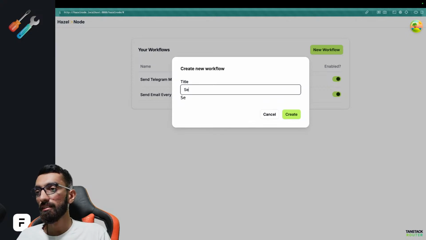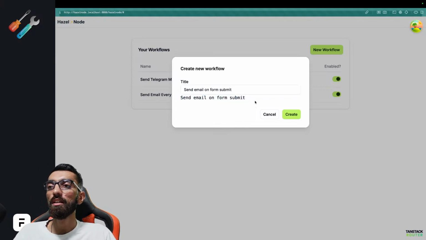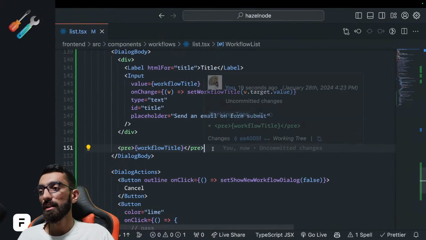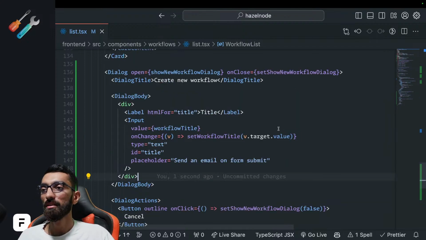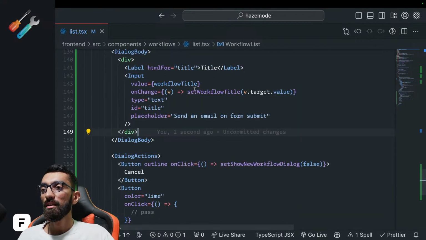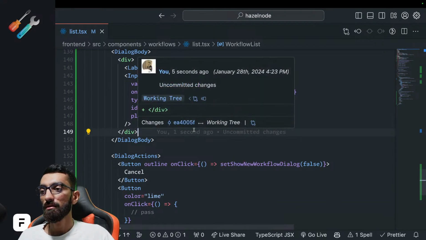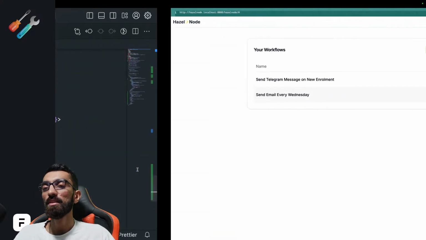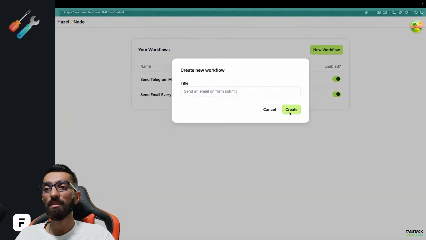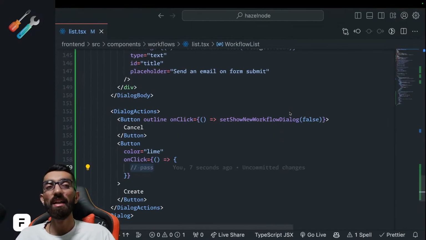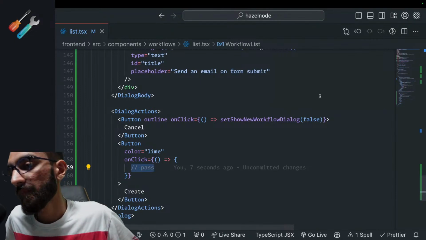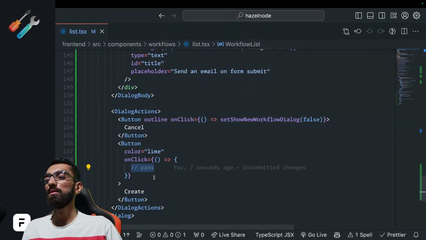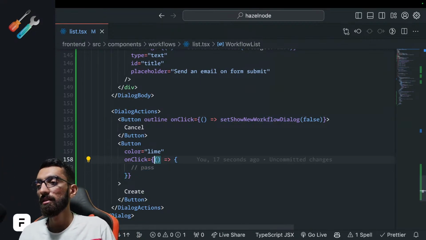Nice, send email on form. Cool. So this is the value. Now we can get rid of this since we know it is actually getting it. And on click of that button, right? Click of this button, I want to create a new workflow and navigate to that workflow page. Cool. So we are getting there. So on click,